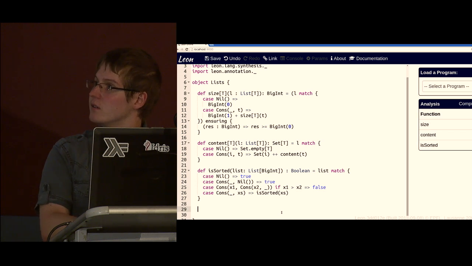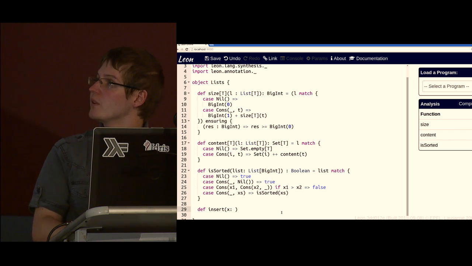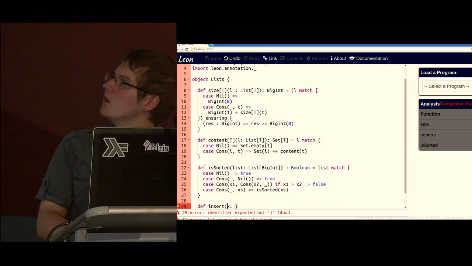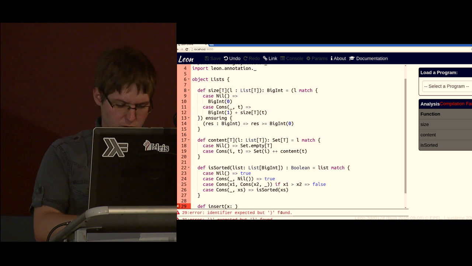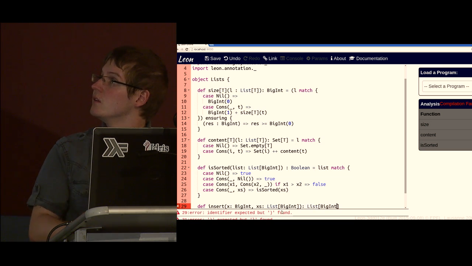We say def insert, and we're going to take an x because functional programmers call things x. And we also need a list, let's just use big integers here. So we say xs: List of BigInt, and we want another list of BigInt back. So we say xs match.